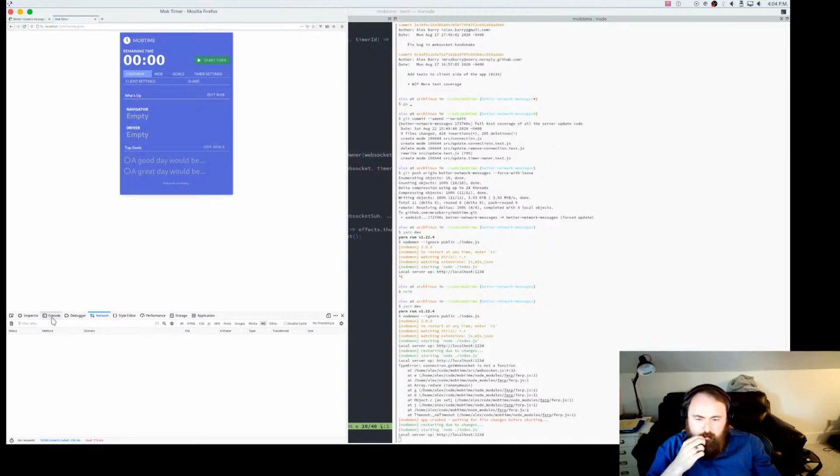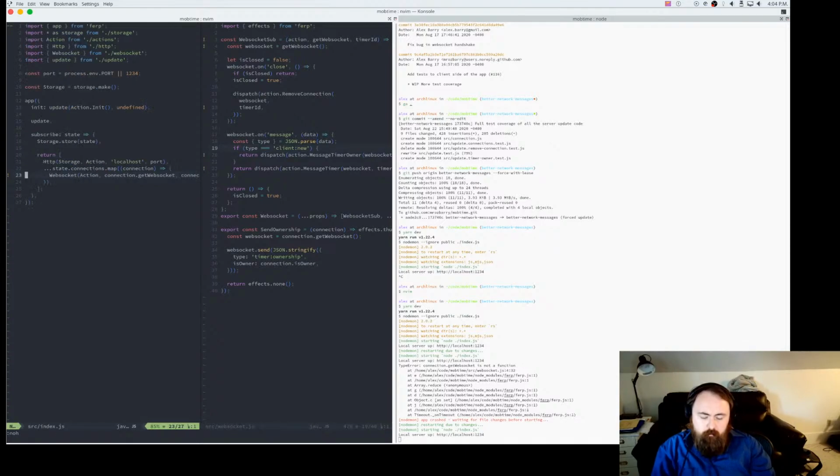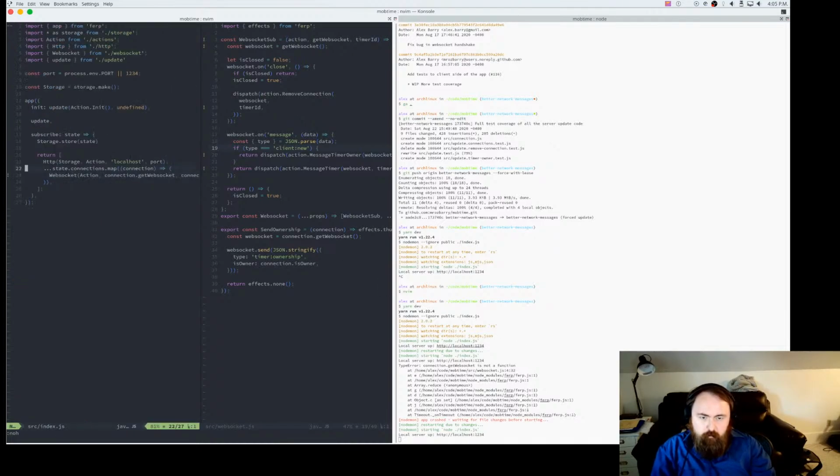Alright, so it's kind of weird not seeing that WebSocket connection come through at all, and that concerns me. I don't think I changed anything that would affect a connection like that. Oh wait, here we got get WebSocket as in a function.